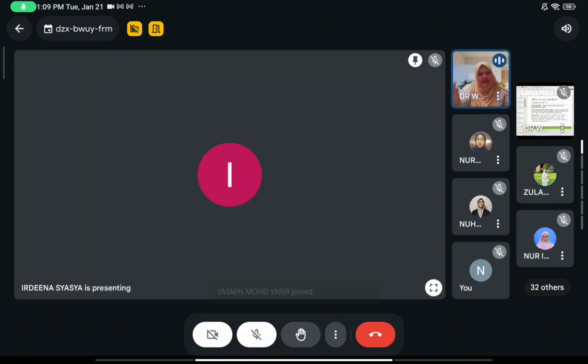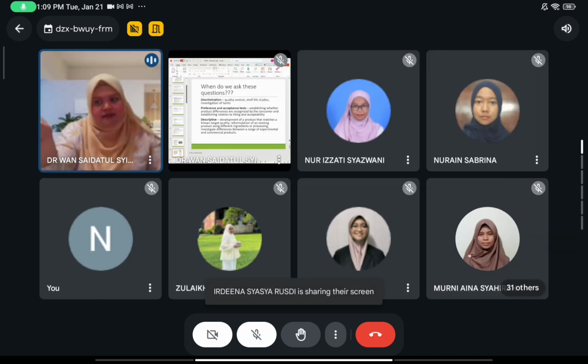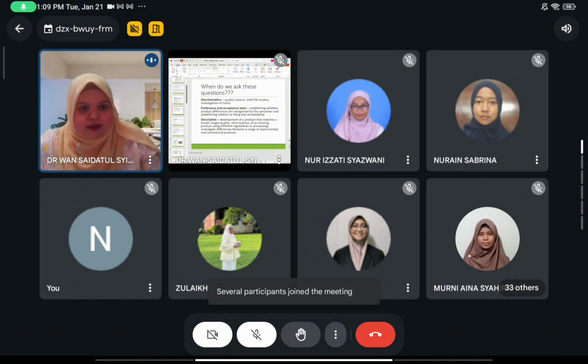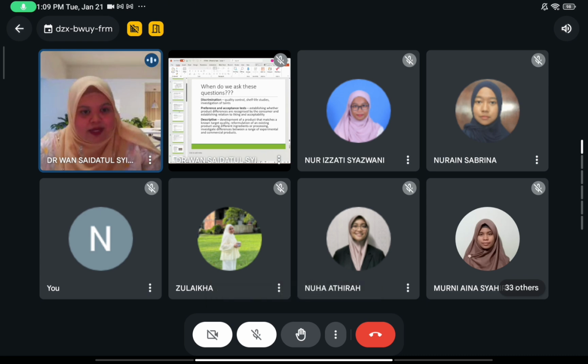Okay, and then you should know what the different test measures. Okay, what is the main procedure, or what is the main objective if you want to conduct a discriminative or difference test? So discrimination and difference test are the same thing. Okay, so once again, when we go to difference tests, for each test, you need to know the